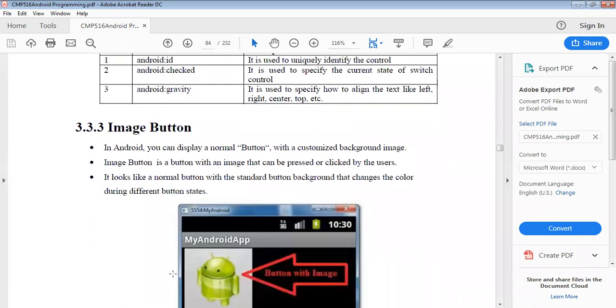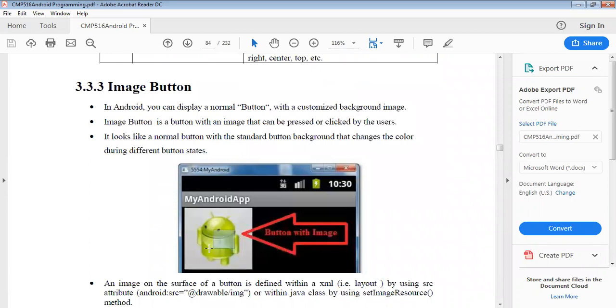After that we can see the image button. An image is shown on the button. In Android, you can display the normal button with a customized background image. The image button is a button with an image that can be pressed or clicked by the user. It looks like a normal button with the standard button background and changes color during the different button states also.